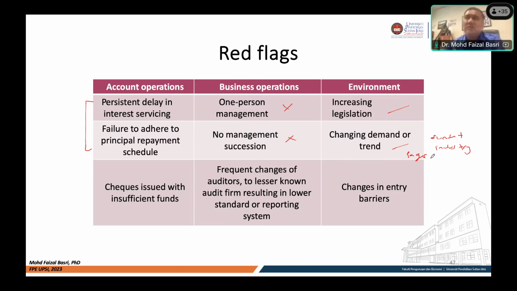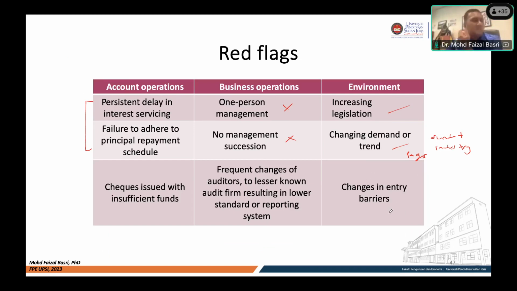So dulu company yang operates ataupun offer this pager products mungkin hot sebab everyone will buy their products, tapi if you give financing to this company, dia selamat lah, tapi we can see the trend after a while dia akan drop. So kita kena monitor lah this kind of external elements